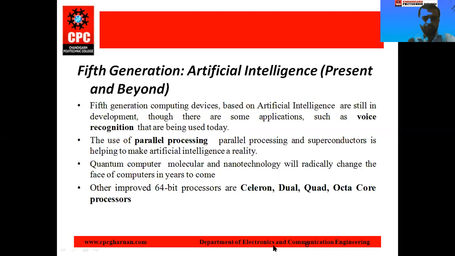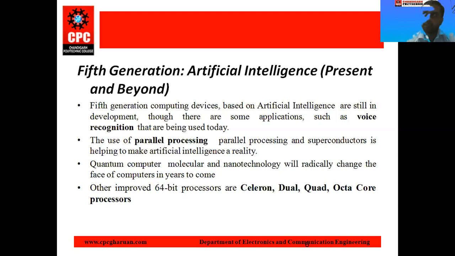There are different generations, as we already studied in the last slide. In the first generation, the size of the microprocessor is very large and the speed is very slow, because there is very low clock speed and a small number of data bits. After that, the vacuum tubes are replaced by transistors in the second generation. The speed of the microprocessor increases, because vacuum tubes have a large number of losses, but they are replaced by transistors. So the size of the microprocessor is reduced, and the weight is also reduced as compared to the first generation.